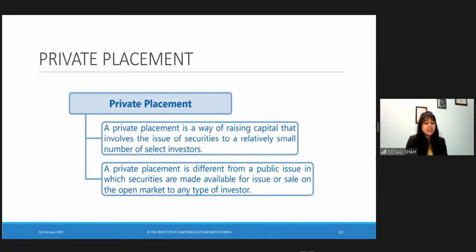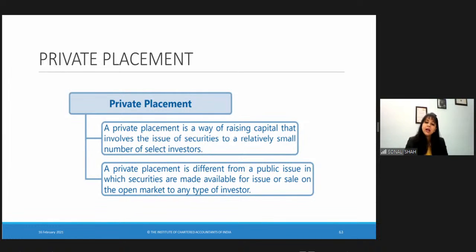Prakash is saying private placement is the issue of shares to existing shareholders. No, dear. Issue of shares to existing shareholder is more of rights issue and bonus issue, not private placement. No, you are incorrect. Yes, Pooja, you are right. Securities issued to selected people, right? Right, Shruti, private placement is done by public and private company to issue securities to selected group of people. Right? Right. So, private placement is also a way of raising capital.